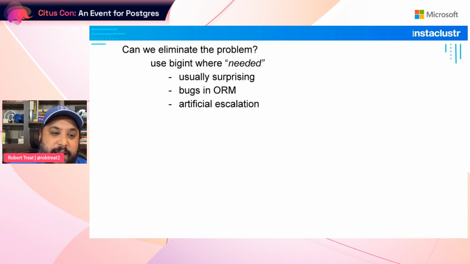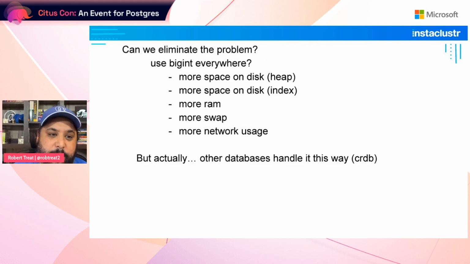Bugs happen. The other thing that can be a problem is artificial escalation. Assume that, okay, well, we probably won't ever get to 2 billion with normal insert activity. But then for some reason, somebody says, well, we're going into a different market. If you're starting in the US, we go into the European market, and all the European orders, we'd like to start those at plus 1 billion from where the current number is. And eventually there's talk of sharding and all that. If you suddenly start jumping your numbers up in a way that doesn't correspond with inserts, obviously you can get to 2 billion a lot faster than you might have thought. So be aware of that. That can definitely be an issue.